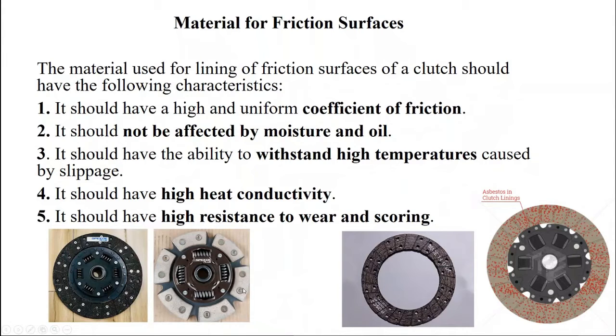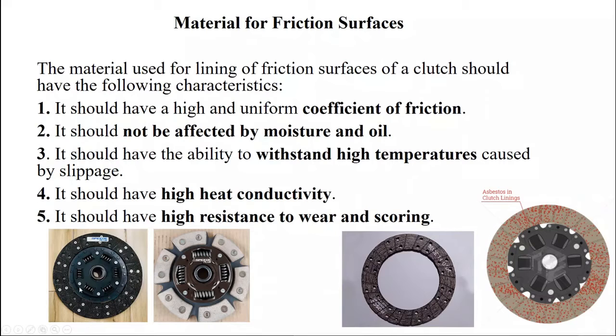So in such sports, financial constraint is not a big deal. They can afford to change every now and then, but the performance should not reduce. Their main objective is better performance. So they are using ceramic type, and this is a very common type, asbestos type. These are asbestos linings, and this is an example of asbestos clutch surface.